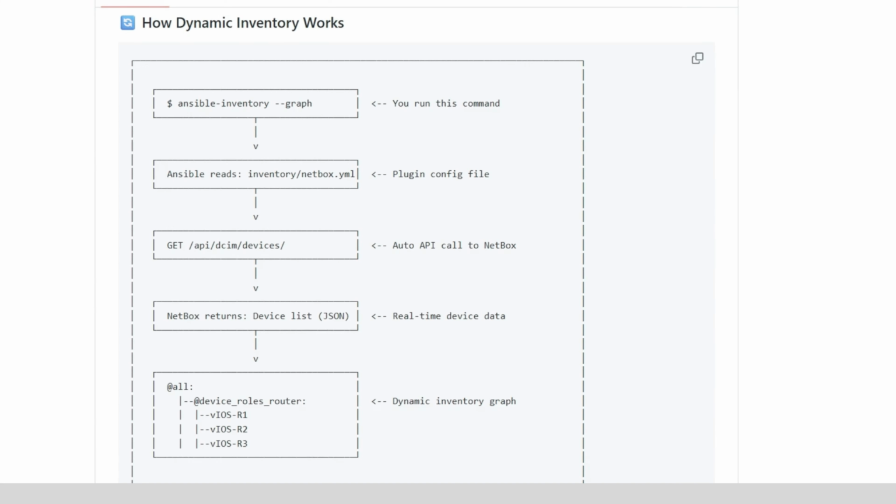Finally, Ansible transforms that JSON data into an inventory format and builds groups automatically based on device roles, sites, platforms, or whatever you configure. And this happens every single time you run the playbook, a real-time query. That's why I call it live inventory. And we'll actually see those API calls happening live during our demo.